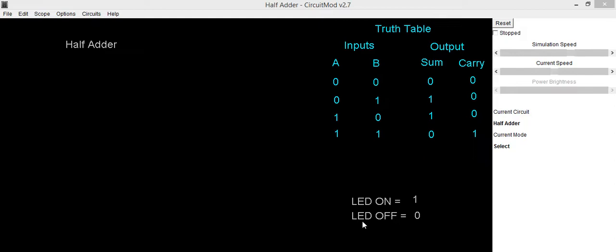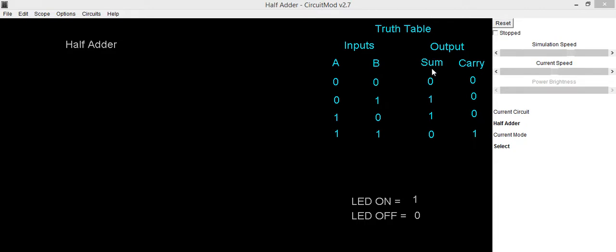So you can see in the truth table of the half adder we have two inputs, A and B, and we are getting two outputs, which are sum and carry. The half adder circuit has two inputs, and the two digits get added to generate carry and sum.